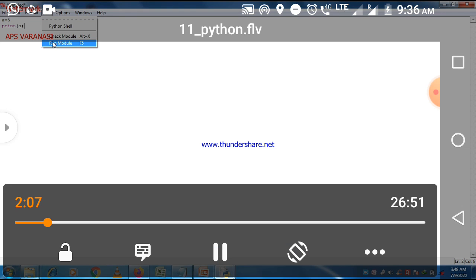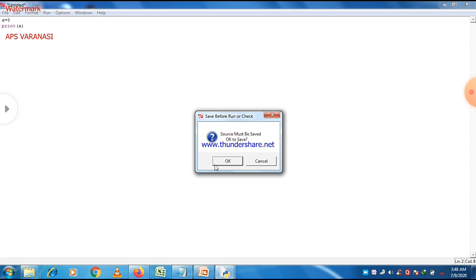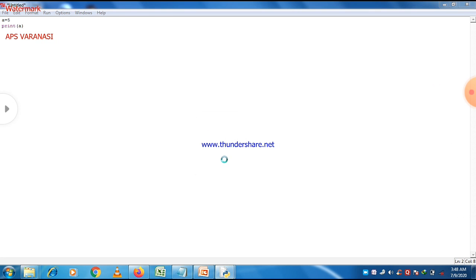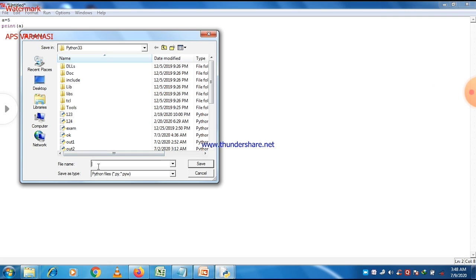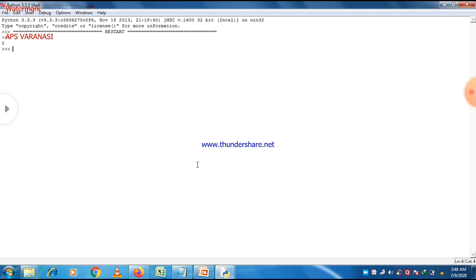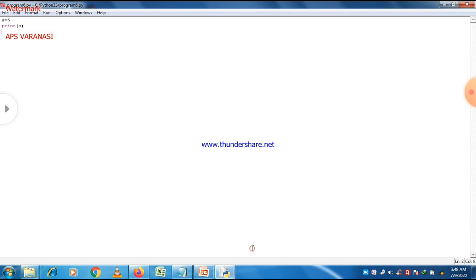Just go to Run, or you can press F5 here. Source code must be saved, and we give a name to our Python program, program 6.py, and we can see the output here. Output is 5, so 5 will be the output.